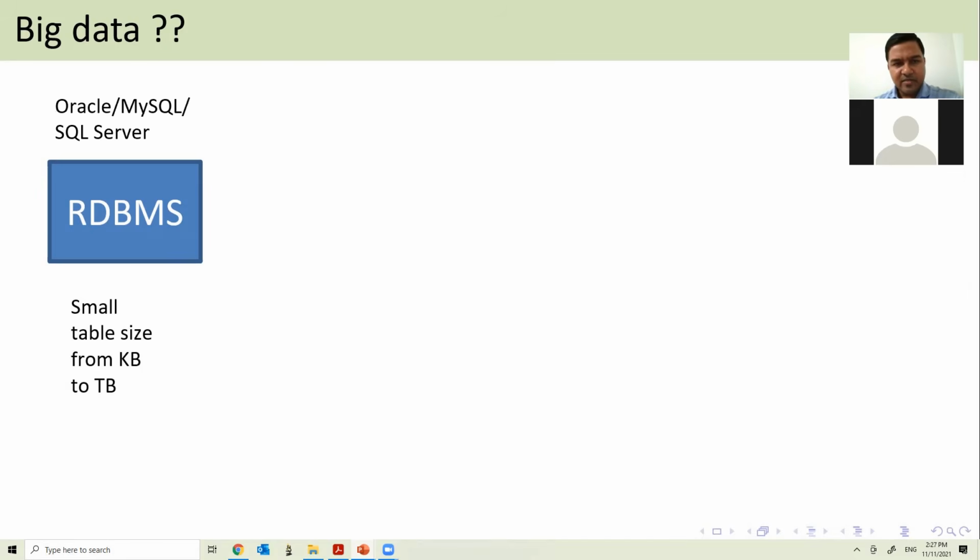So the solution proposed was to normalize the data, so that the duplication of data is removed and different things are kept in different tables. And if we need to make correlated information from those tables, then a join query can be called, and we can extract the related information. That could help in keeping the data size smaller. But that was also not helping. The size was becoming bigger.